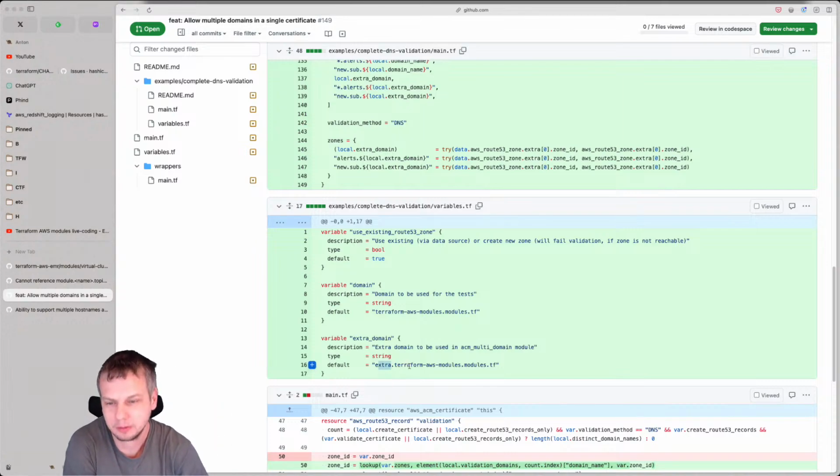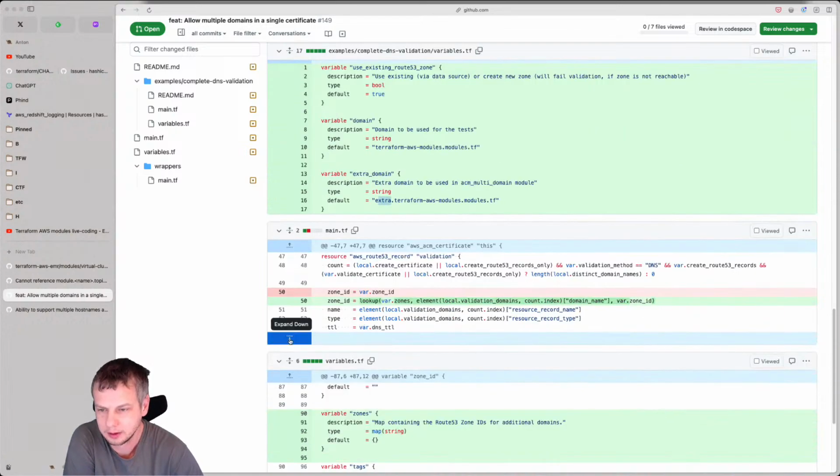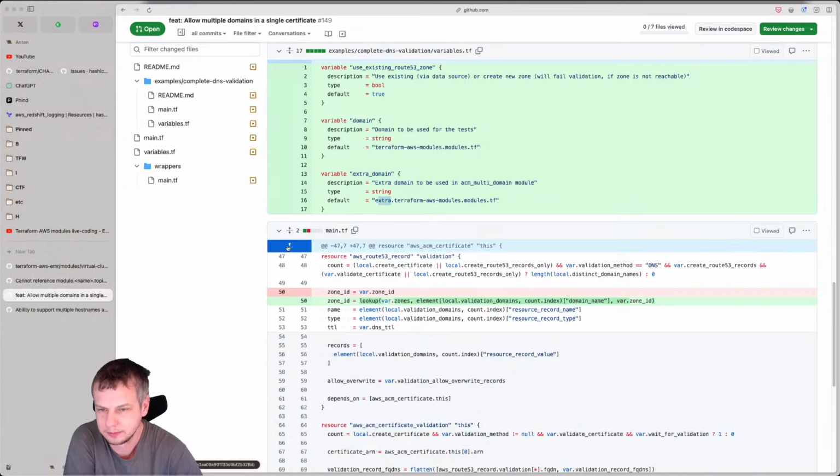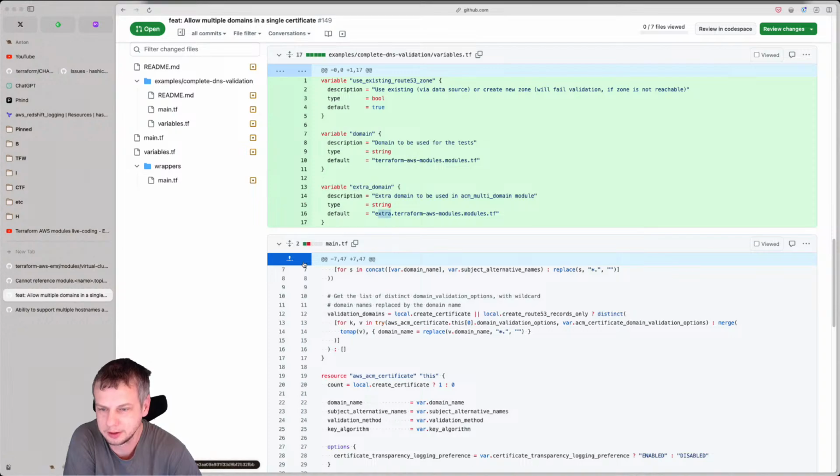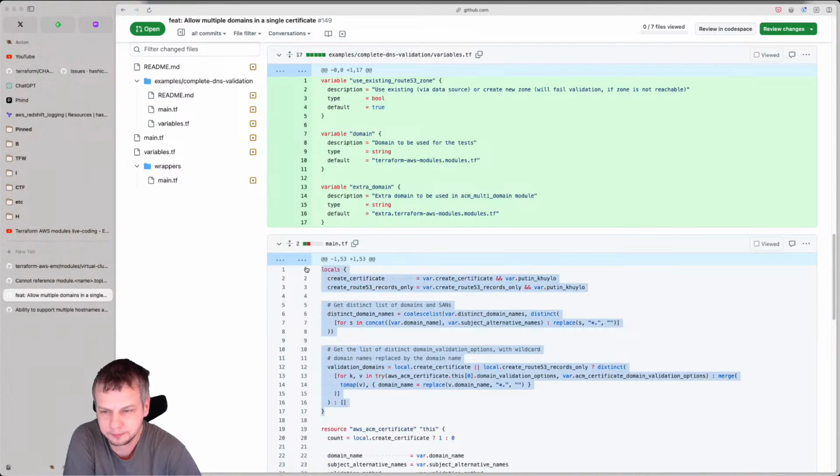The trick, which actually makes this module really useful, let me find it somewhere at the top. Yeah, it is here, where the logic is to identify what are the validation domains and create correct validation records for all domains.